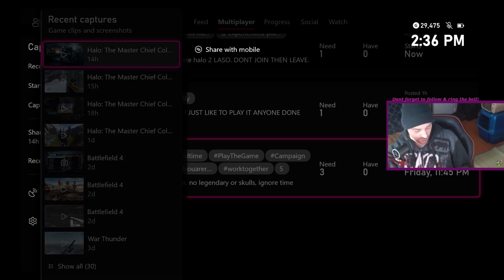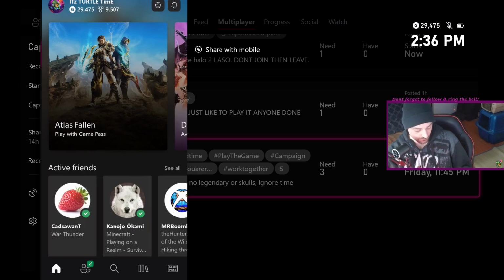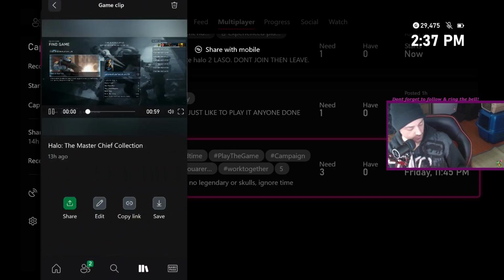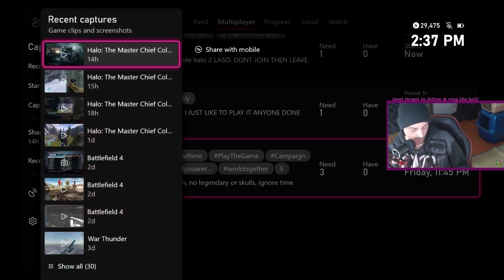So essentially from this point forward, you're going to go onto the Xbox app on your phone. So you're going to go over to the books on the bottom right. You're going to click that. You're going to click the game clip that you just uploaded. Then bottom right, you're going to click save. Just wait for the clip to finish saving. All right, perfect. So now that we've got the game clip on our phone, we can now go over to